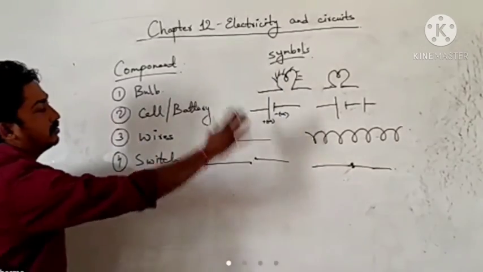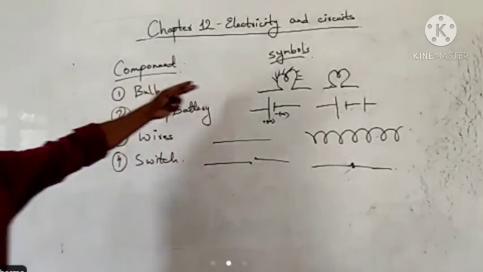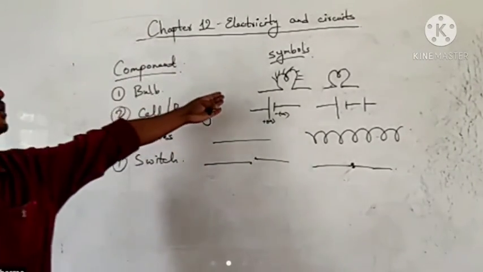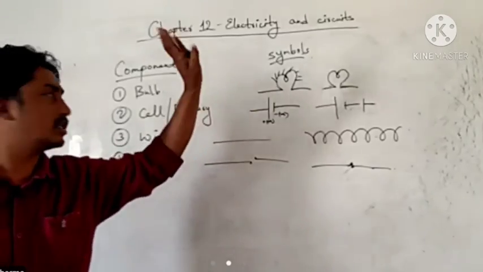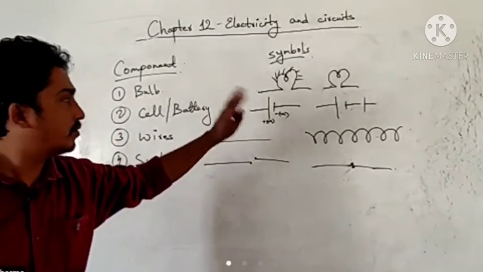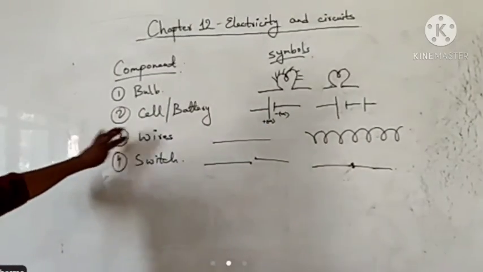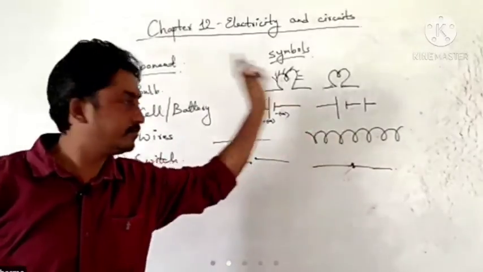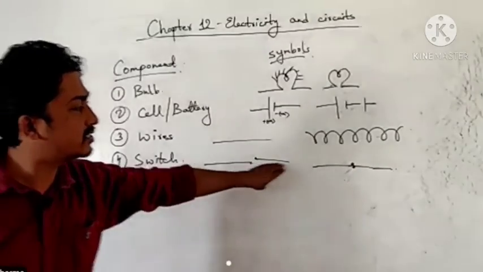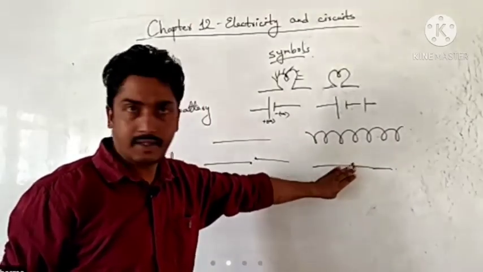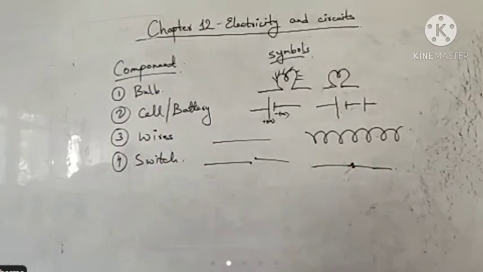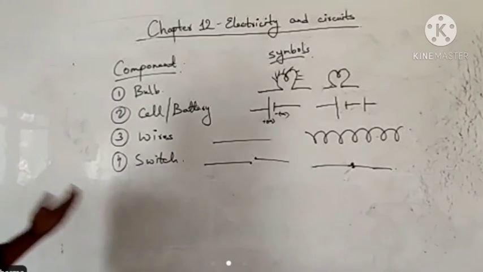So we can put symbols like this. For the bulb, we have a symbol of a blown bulb and a bulb that is not blown. That means the bulb of an open circuit and a closed circuit. Then we have the symbol of a cell, a battery, a single cell. Then wire, a straight line or a coiled one. We can make the switch. For an open circuit we can make the switch like this, and for a closed circuit we can make the switch like this. So this was all about symbols of electric components. And a circuit diagram, as we discussed already,